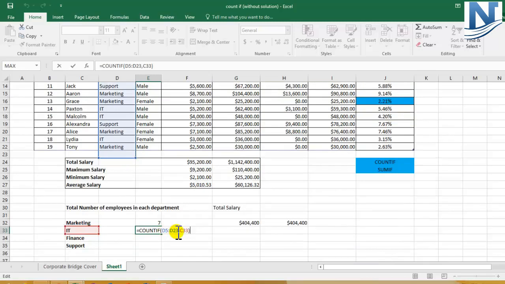Now, do you remember wherein in the earlier tutorials we have made use of absolute reference? So again, we need to make use of absolute reference in the marketing formula so that we can directly copy it and paste it for other departments as well. Okay, so let's delete this and make some changes over here. I'm pressing F2. What you need to do is keep your cursor over here and press F4 so that the $ signs are included before D and 4. Again come over here and press F4 and now press enter.